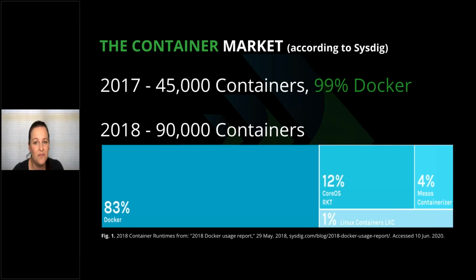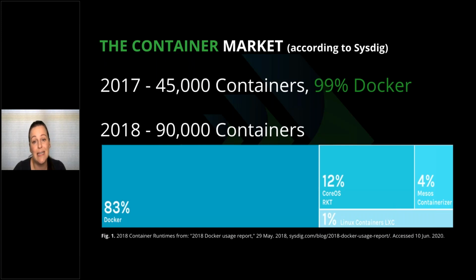I did some hunting, and I found that for the last 3 years, Sysdig, which is a company that provides a really powerful monitoring and troubleshooting tool for Linux, has put out a container report. If you're in DevOps, you're probably very familiar with this tool. The report is based on the analysis of their own users, and part of it includes data on container runtimes in use. Starting in 2017, they analyzed data from 45,000 containers. They didn't bother putting a graph in that report because 99% of those containers were Docker. So obviously they didn't split up the results.